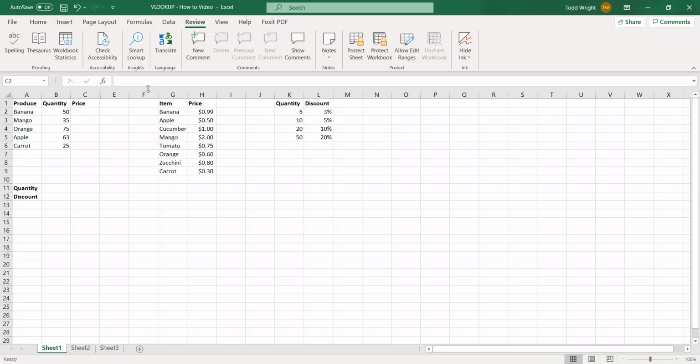Hi, my name is Todd, and I'm here to show you today how to use the VLOOKUP or vertical lookup tool in Excel. I am a data analyst for a large healthcare provider, and my job often requires me to pull together two sets of data for a report from my bosses. The VLOOKUP tool allows me to do that very quickly and easily, whereas if I were to do this manually for these hundreds of lines of data, it would take me hours, whereas the VLOOKUP tool allows me to do